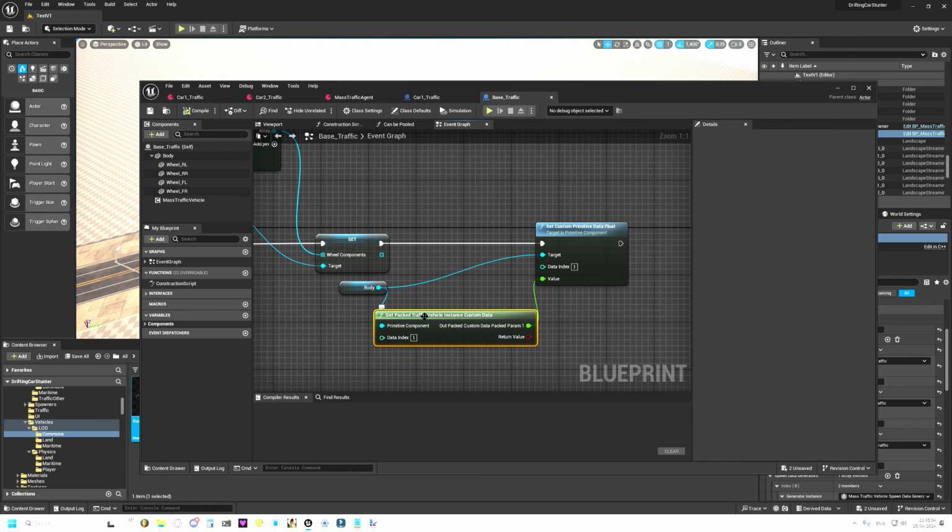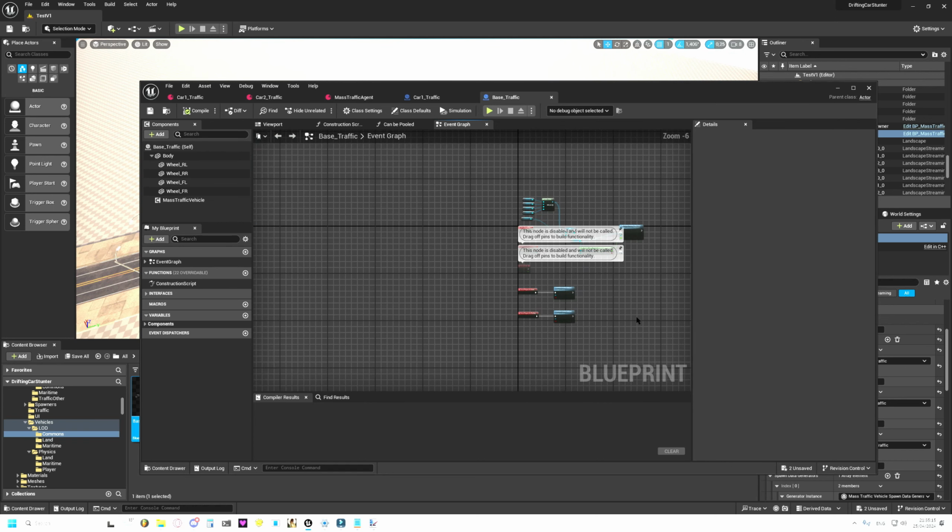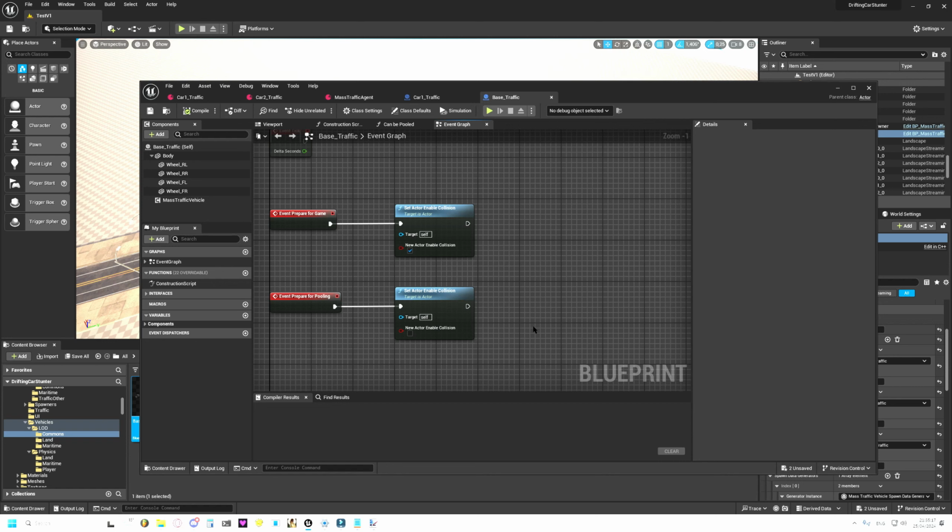Get packed traffic vehicle instance custom data into set custom primitive data float on the body, at data index 1. It's important, otherwise the engine will crash. After that,